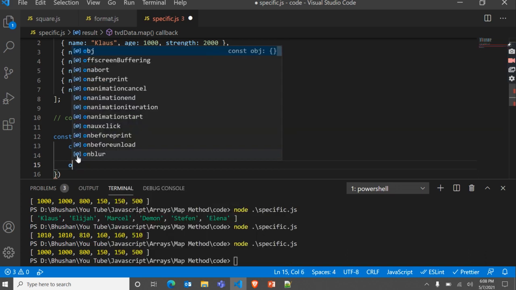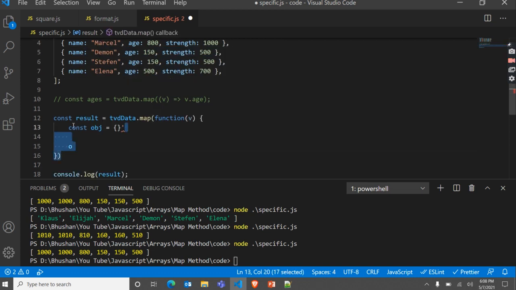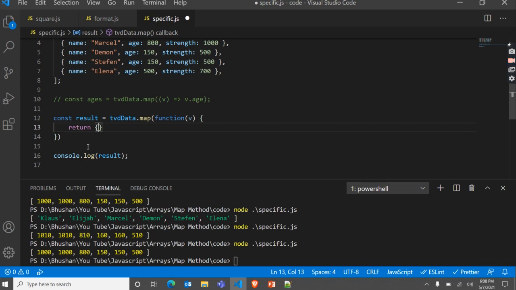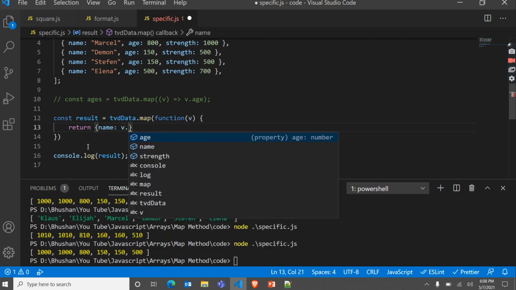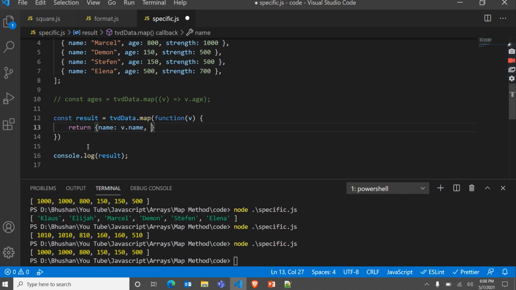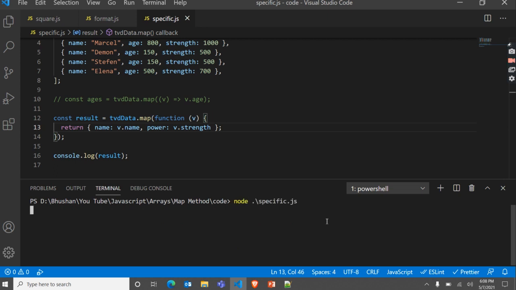Let me show you this one. What should be the key name? And what is the value, v.name. And what is the second key, strength or power, I like to call it power. And what is the value for power, it is v.strength. Okay, and return this, and let me run this.